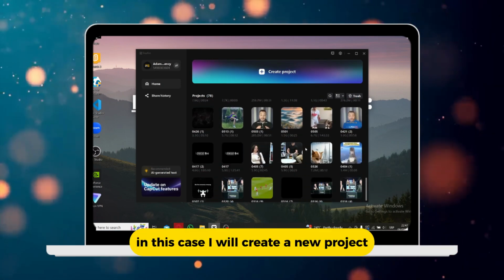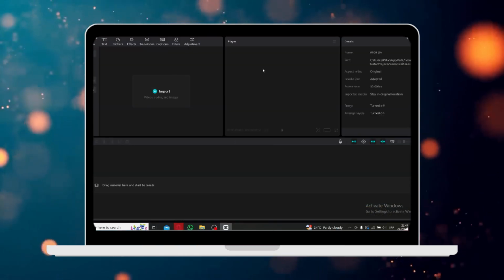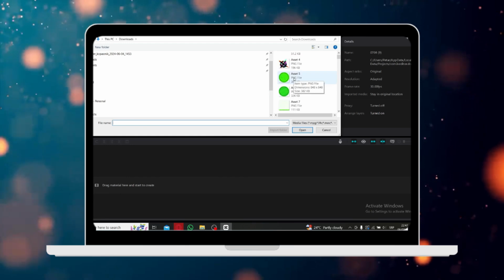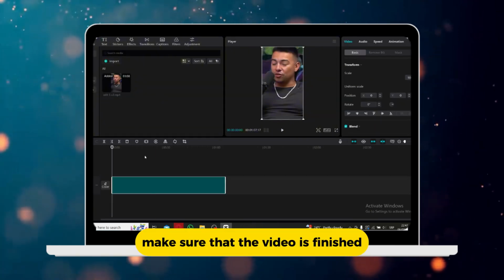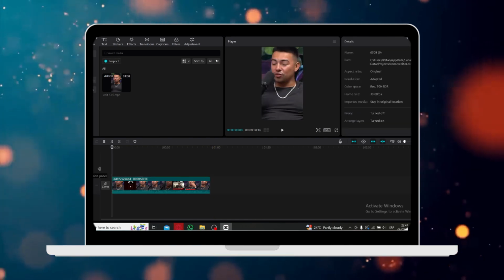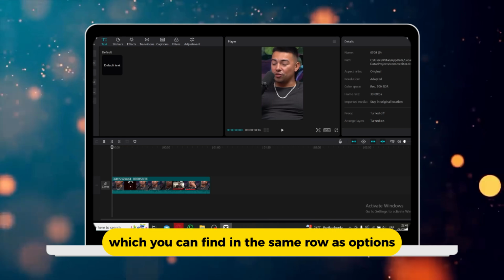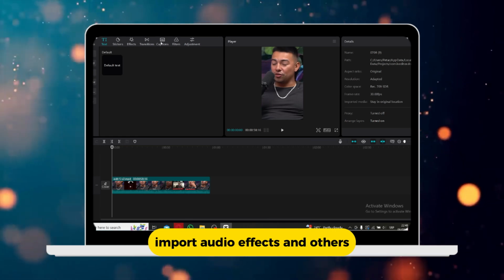In this case, I will create a new project, but you can use an old one. Make sure that the video is finished, or that you did what you wanted to do inside the project itself. Next step is to choose the captions option, which you can find in the same row as Options, Import Audio,